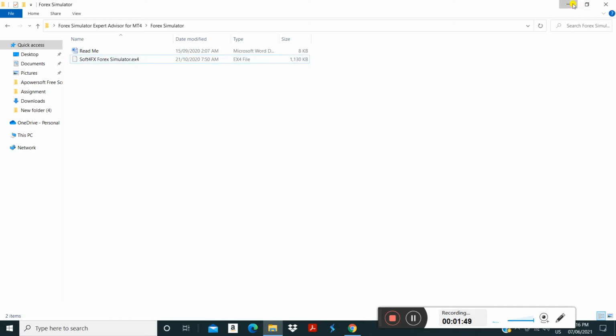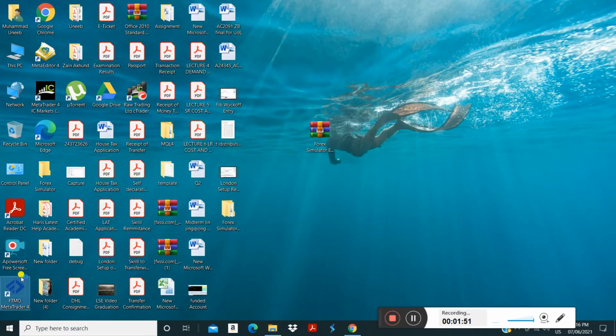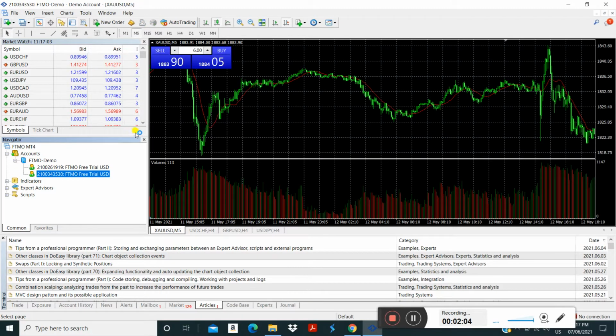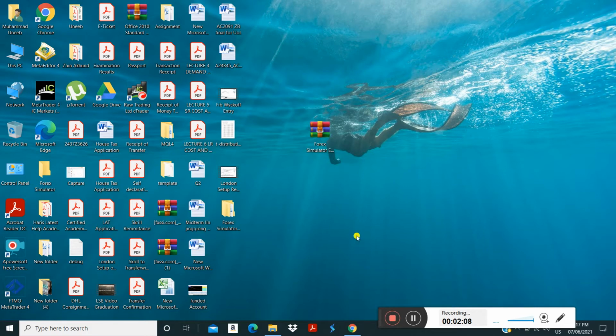Now what you have to do is go to your MT4. After going to MT4, click on your account, whatever it is, and let it load.